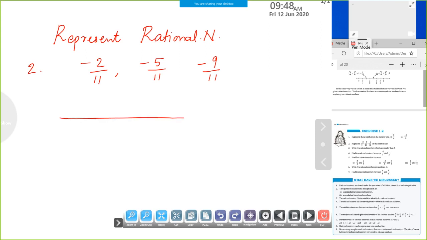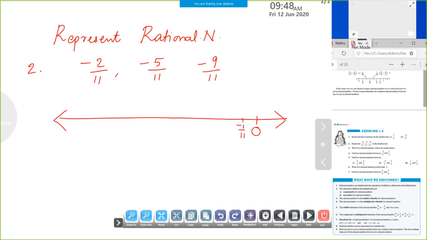You can start along with me. First number line. Since all the numbers are negative, it lies on the left of 0. So mark 0 first. Now make your unit a little bit smaller because you need up to minus 9. Okay. But it should be equal width. Very, very important. The marking should have equal width. So I'm going to start here.